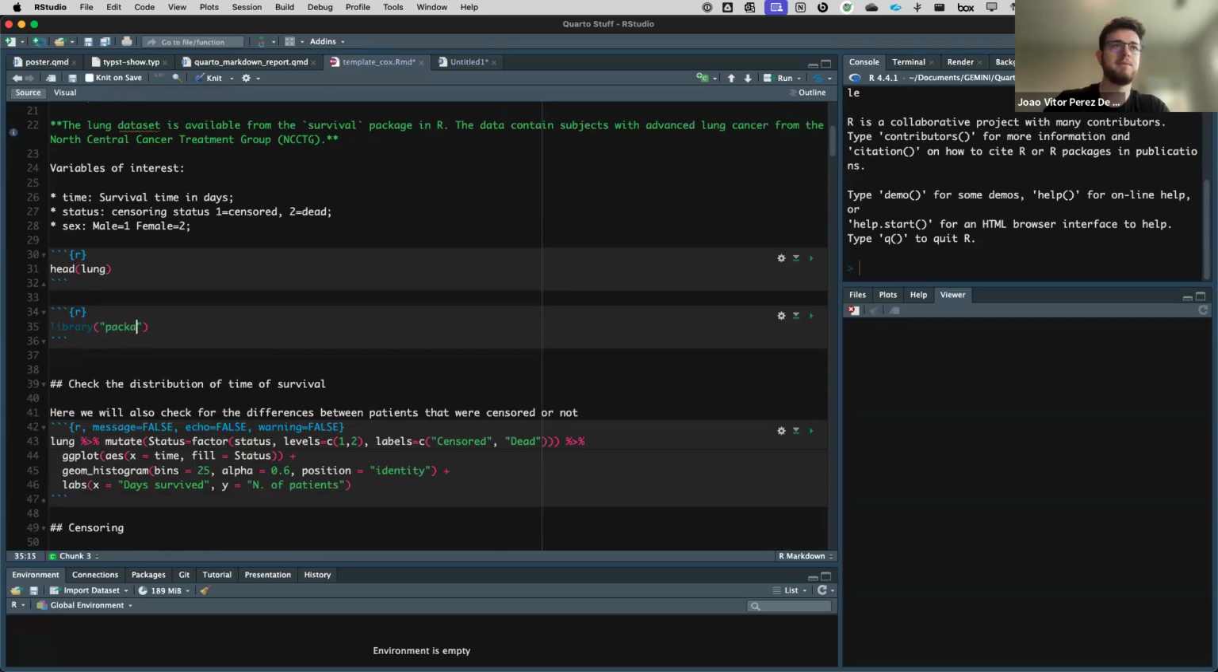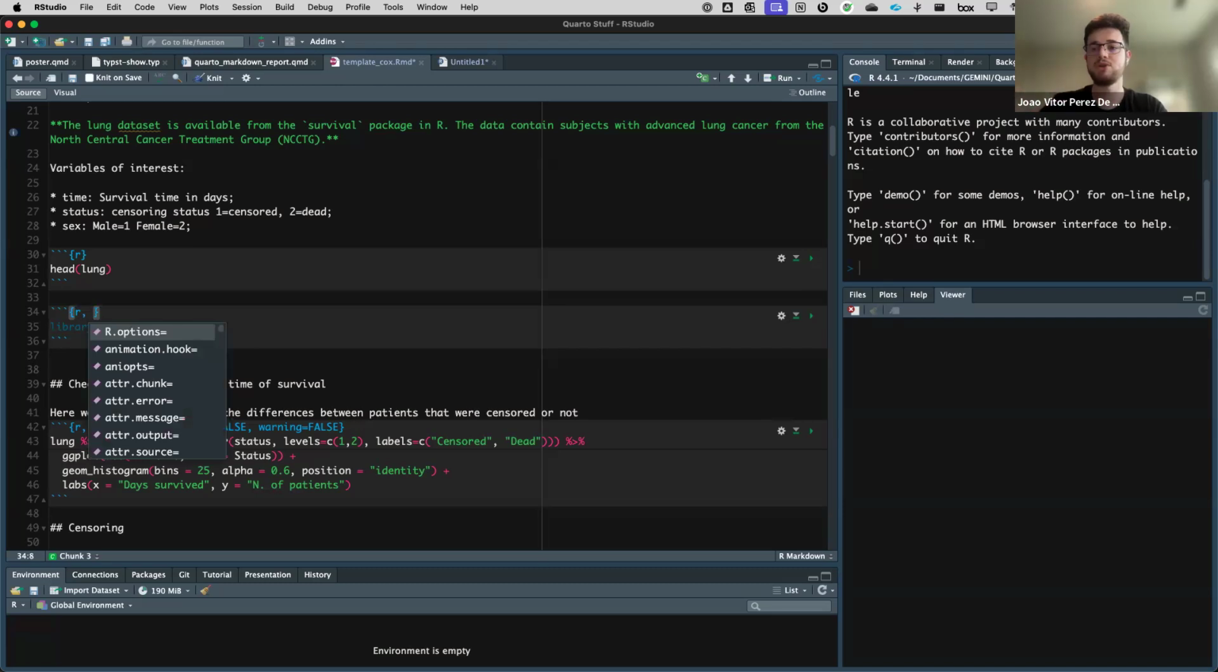library, package name, right? So you see that it has the three single quotation things. I'm not sure if this is quotation, I don't know what the name of this is in English, sorry. And then you have the brackets and R. This is the standard. But if you go into this and add a comma, you can actually add options to your